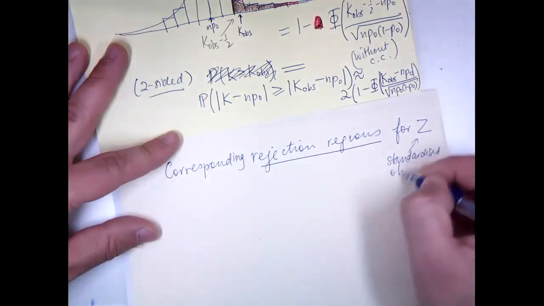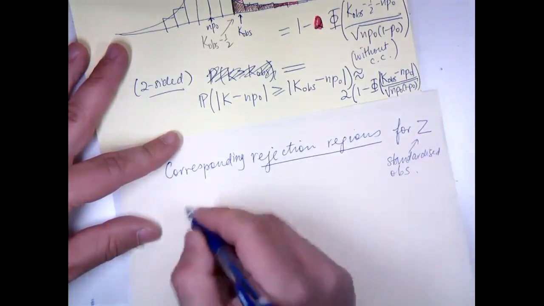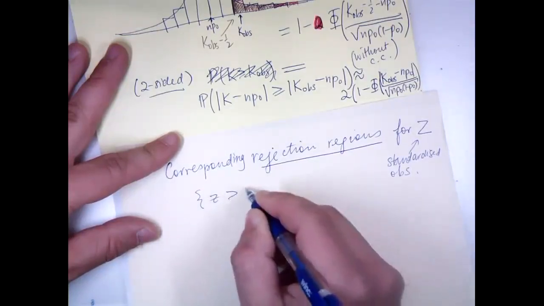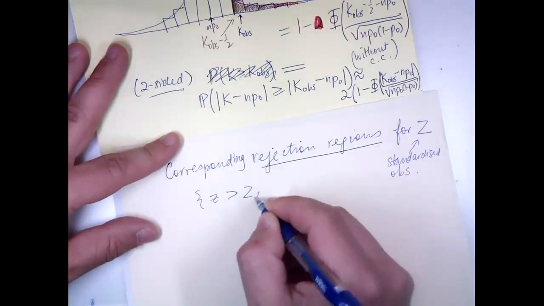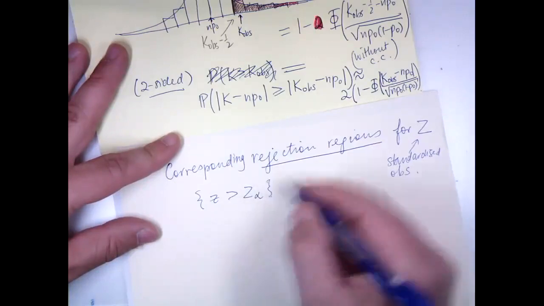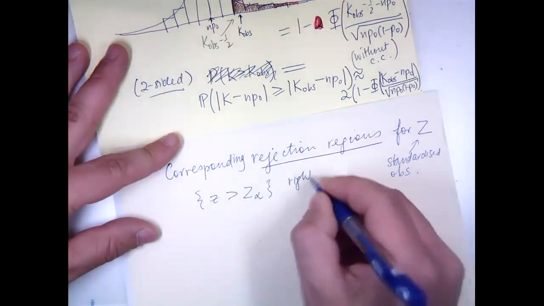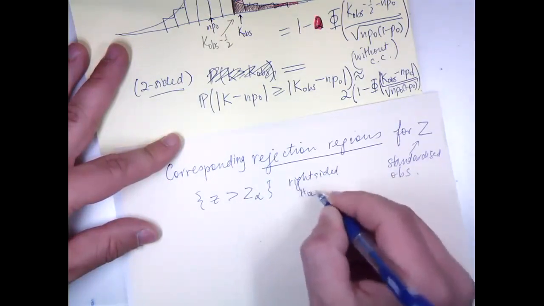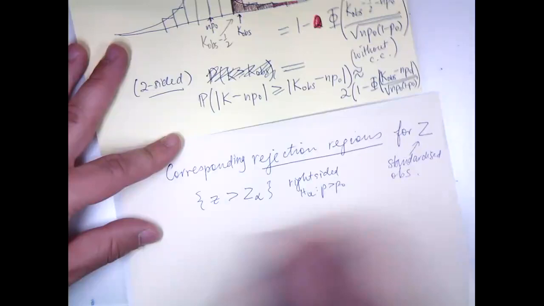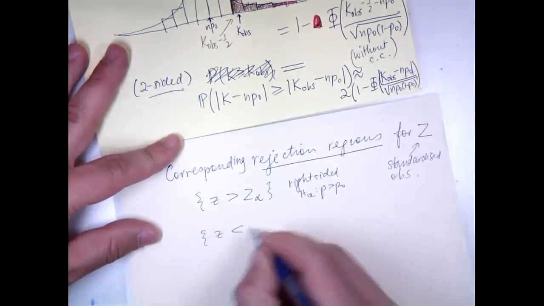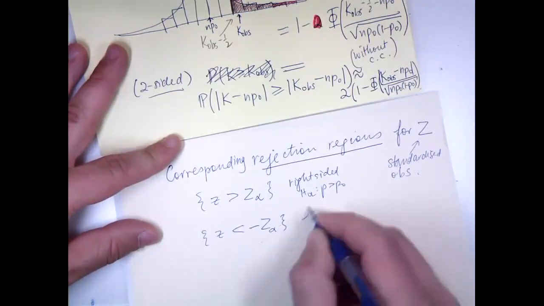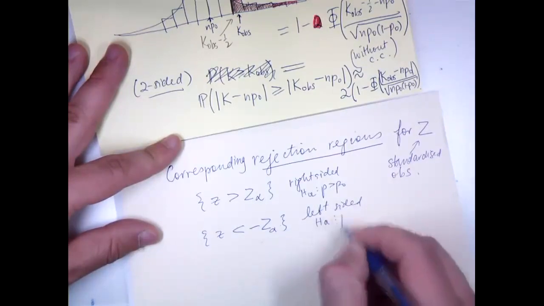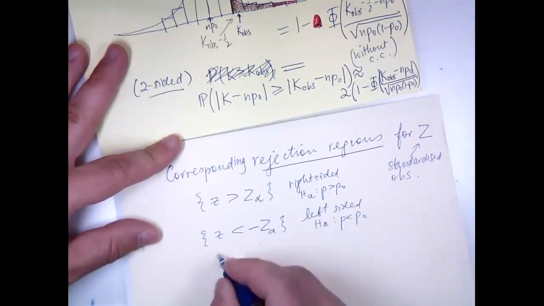Z bigger than Z alpha for the right-sided test. The right-sided test is the case where HA is p greater than p0. Z less than minus Z alpha for the left-sided test, which is when HA is p less than p0, and